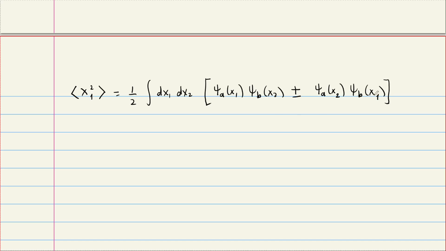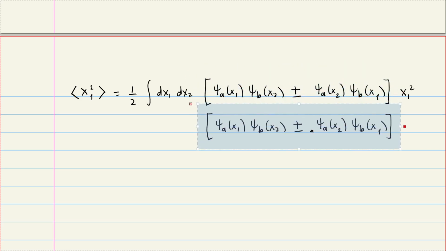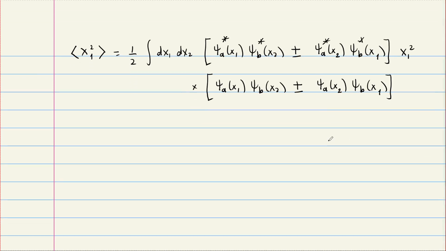And I'm calculating x1 squared. So this is x1 squared. And I'll take the complex conjugate just in a second. So this is complex conjugate, and this is product. Good. There are 2 terms here, 2 terms here. There will be in total 4 terms. So this is 1/2 dx1 dx2. So this is, I can take this term